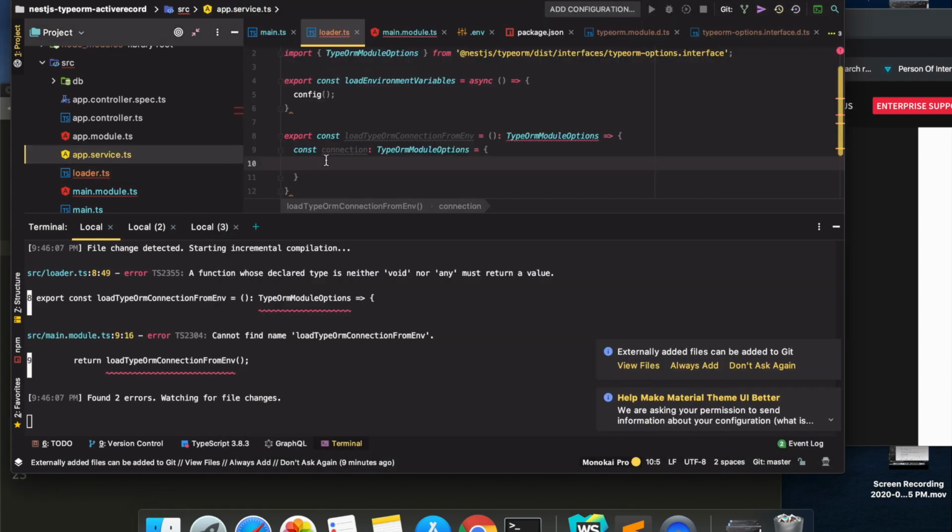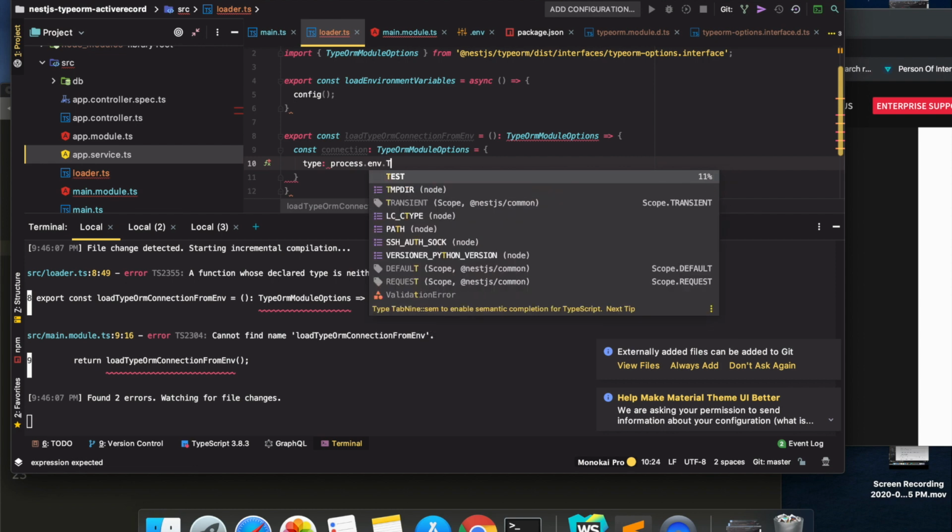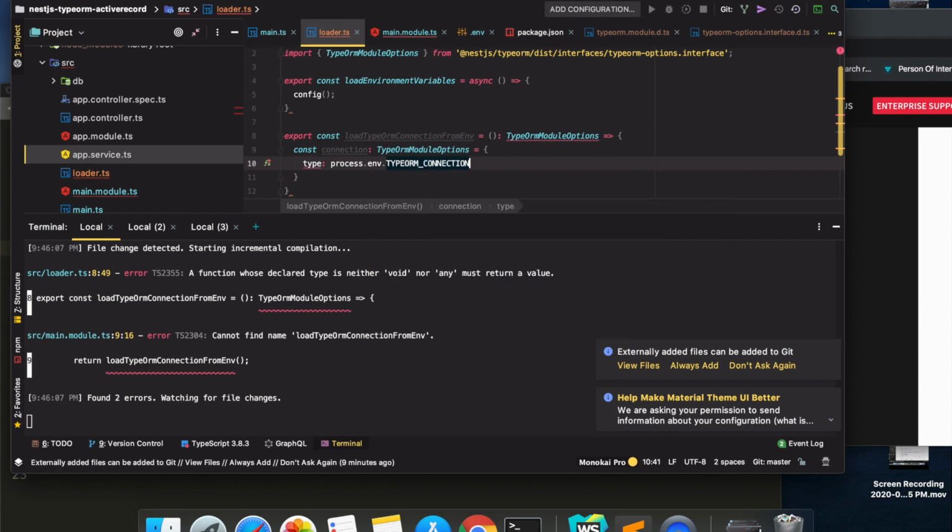So in type we can write process.env.TYPEORM_CONNECTION, and so on. We can define those things, but the TypeORM code base already has a class that does this automatically for you.